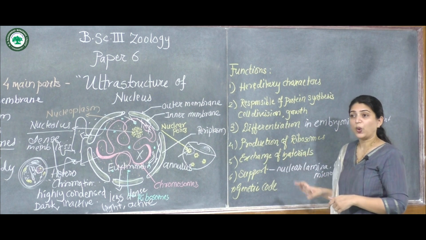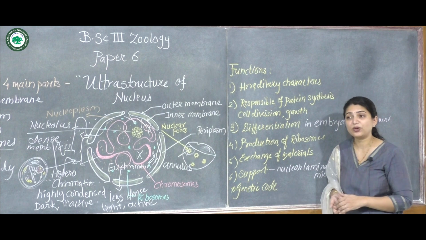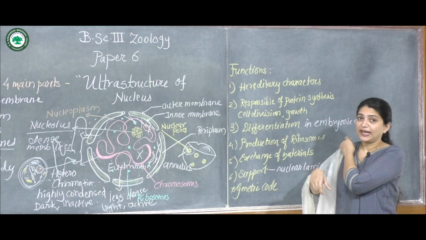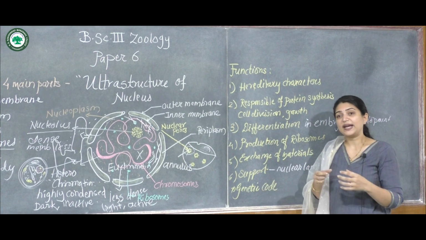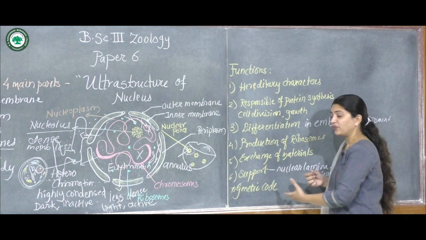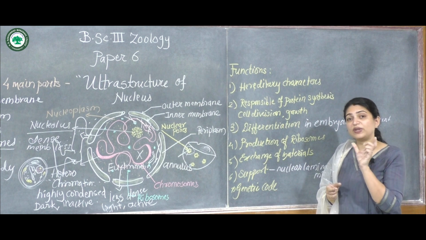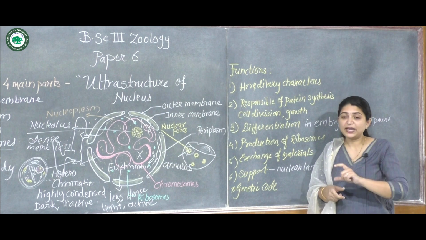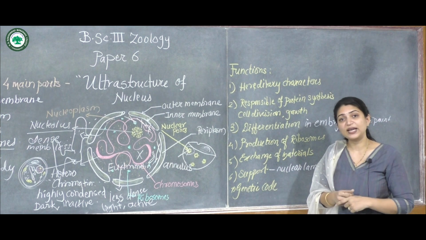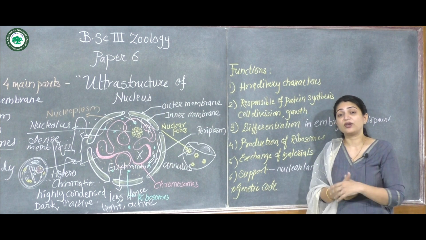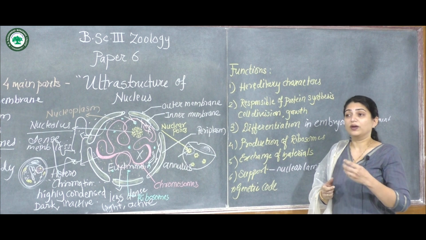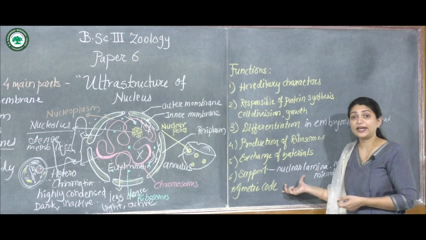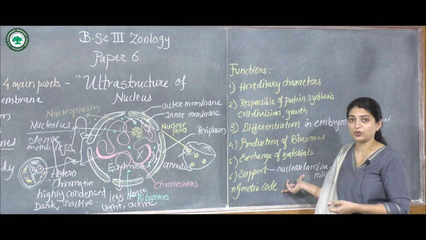Next is the genetic code. The last function is the genetic code, because the genetic code is present on the DNA. So this DNA provides a nucleotide structure which is used to give a genetic code, with the help of which translation is carried out, and depending upon that code, different kinds of products are formed, carrying out different functions and producing different enzymes in our body. So it is a very important part that it carries the genetic code present on the chromosome.